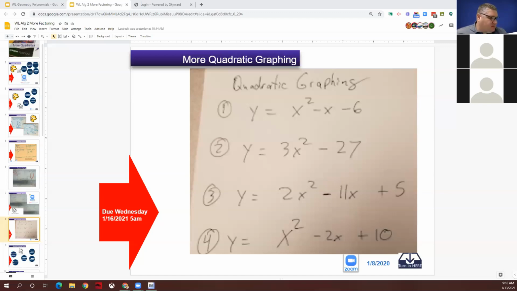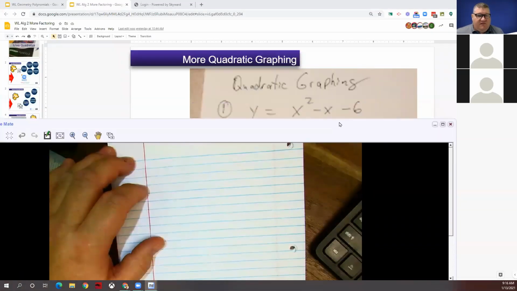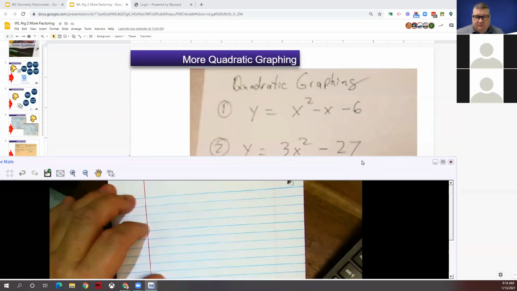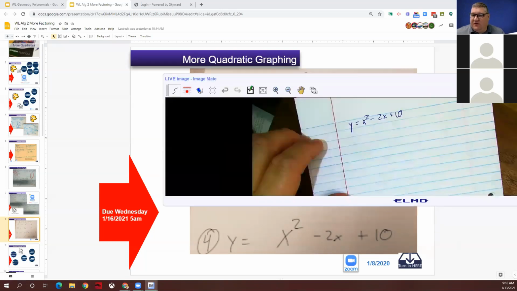So let's see here. Come on, little buddy, you can do it. Hey, there we go. Okay, so number 4 says y equals x squared minus 2x plus 10. So if we're going to do that,